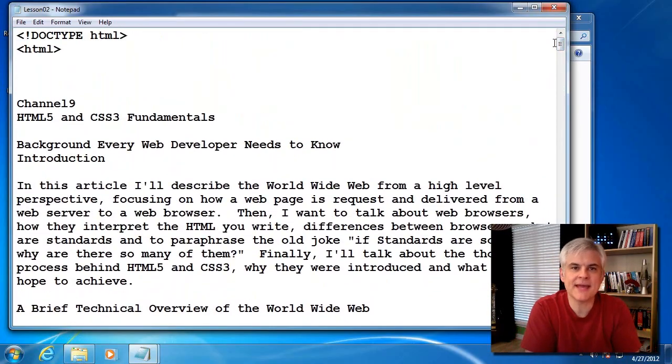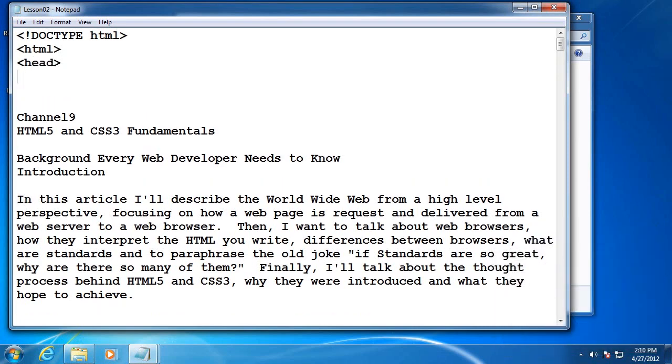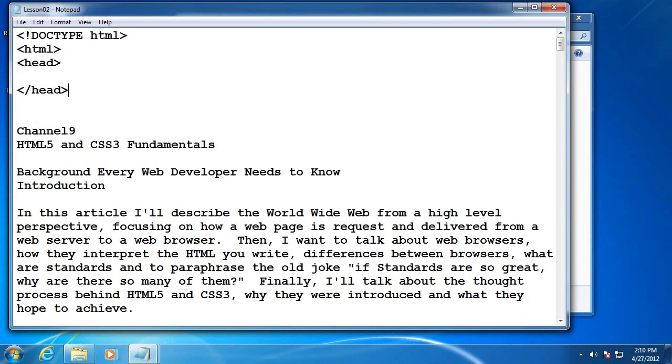Every HTML page is composed of two parts. There's a head and a body. The head section has extra information that's needed to render your web page properly, but it's never seen as you display it in a web browser. All right, and we'll talk about this more in a little bit. So let's begin with a head and a slash head. Just get that ready. And below it, I'm going to type in body, an opening body tag,